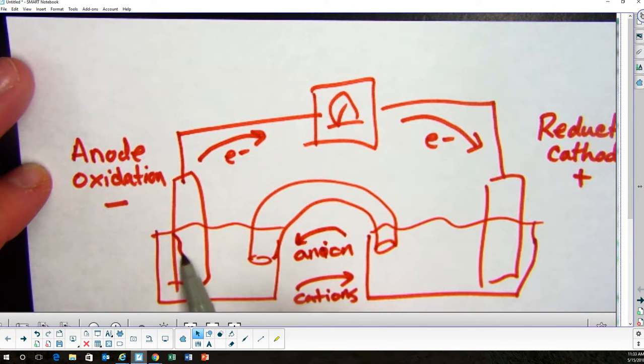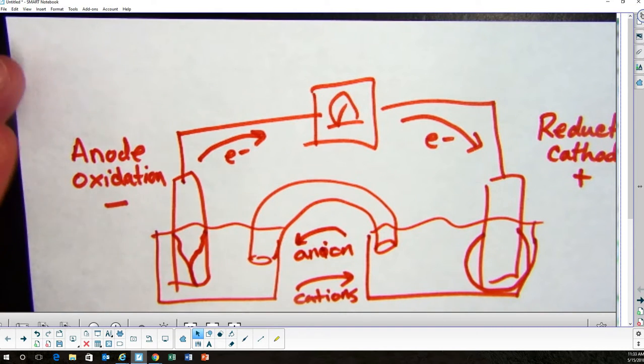I know this side's going to get smaller. I know this side's going to get bigger. All that before I even decide what elements I'm going to use for the battery. Okay? Now, for the battery, say that I gave you